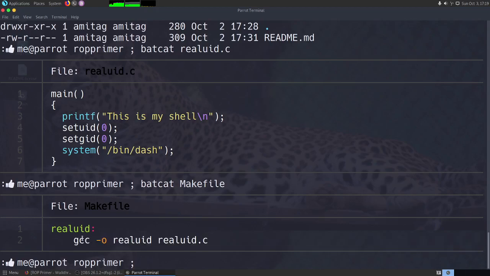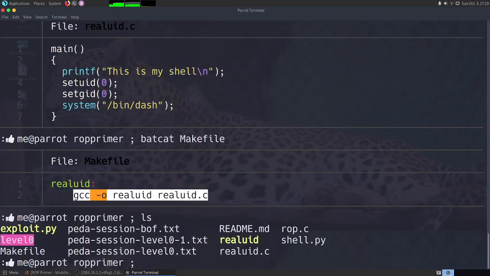Now we are compiling this in 64-bit, remember, because in Parrot I was not able to compile 32-bit binaries properly, but if you want, you can always try to compile it in 32-bit if you are able to do so properly.